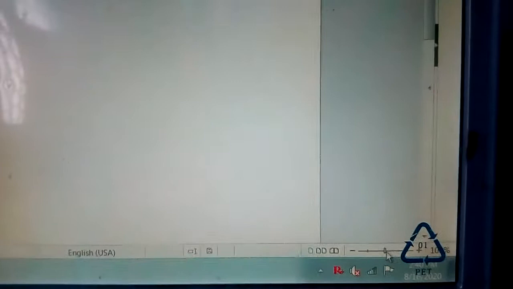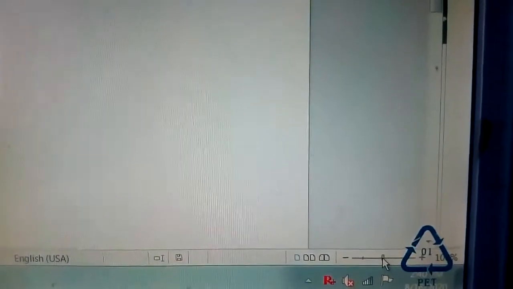Now zoom slider, you can see over here, this one. I think all of you can see my cursor. Yes, this one is the mouse cursor, you can see here now. Is it clear? Okay, so this is called the zoom slider, from which you can increase or decrease the size of your document. Zoom in and zoom out.